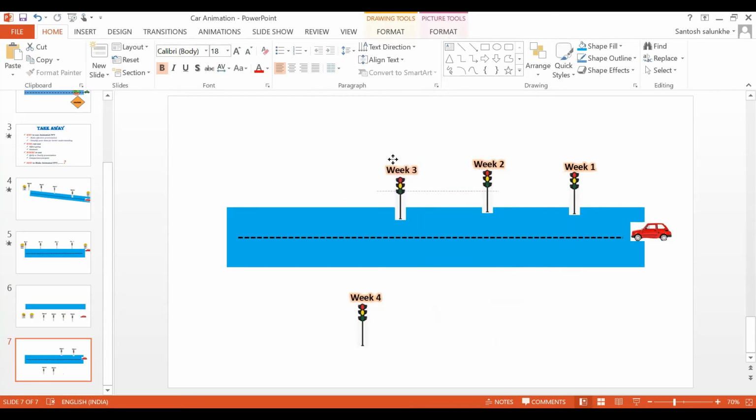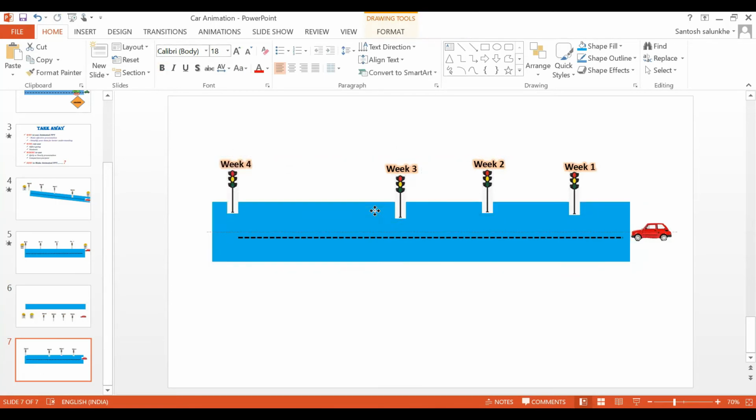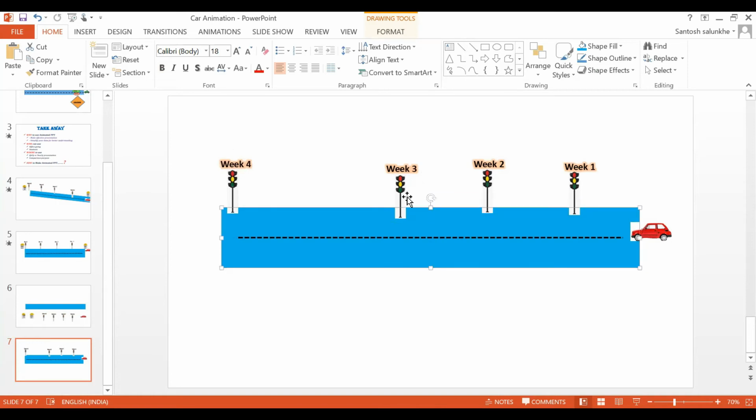Week 3 and week 4. We can make it quarters also by naming the difference. I'll put this at the end. We'll move week 3 so that equidistance can be seen. Now it's ready.